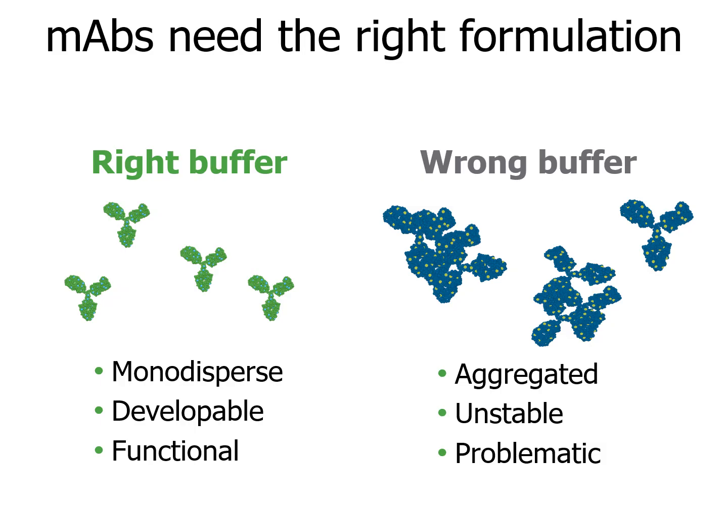Okay, so let's take Stunner and show how we can apply it to characterization with an antibody sample. Many use cases for Stunner include using it to find the right formulation buffer for each of your antibody constructs. An optimized formulation buffer will keep your antibodies in their native monodispersed form. Even when temperatures go down for storage or the concentration goes up for therapeutic dosing, the right buffer is needed